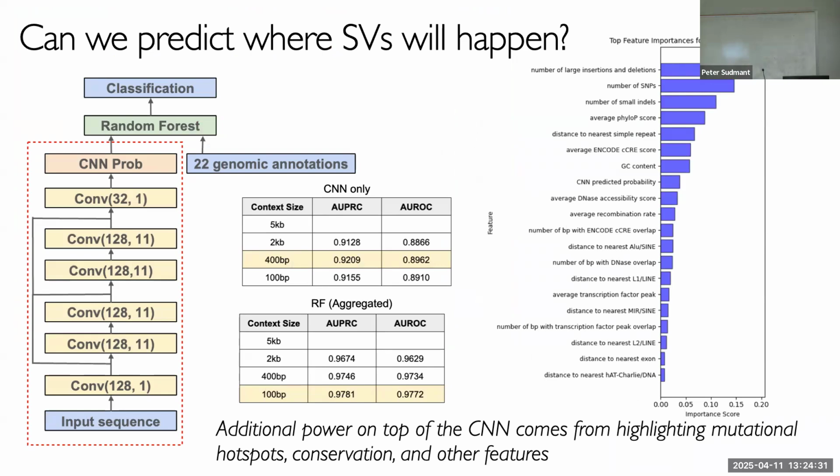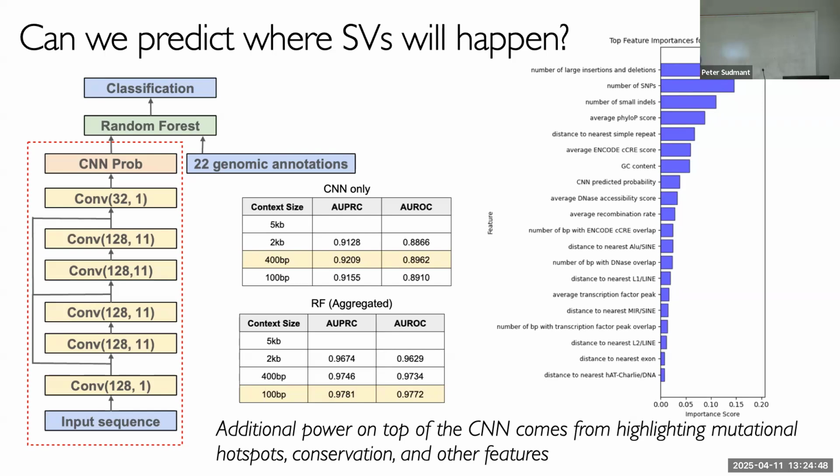So my question is, are you predicting the breakpoint or the entire structural variant? What we're doing is actually kind of lame. We're saying in this 5 kb window, there is a structural variant somewhere in there.